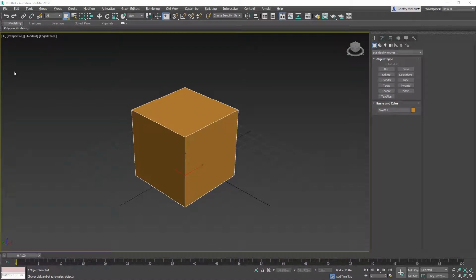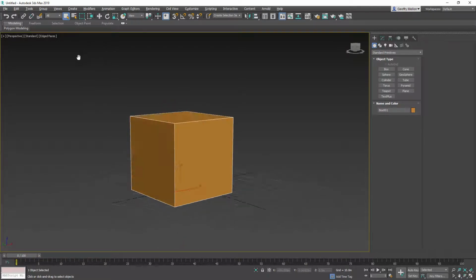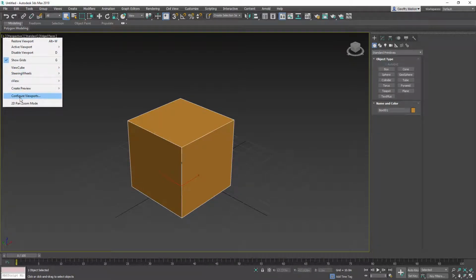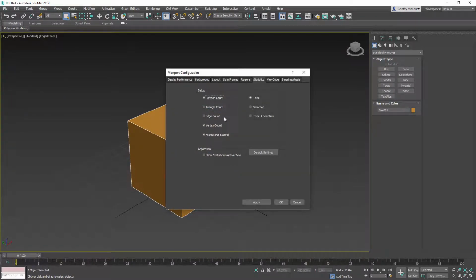Hey, I wanted to get in here and show you all how to fix that stuff that wasn't inside of the lesson today that we did on the fly. We want to see the poly count and the vert count or the tri count in here. So to do that, we need to push the plus on here, turn configure viewports on, come over here, and